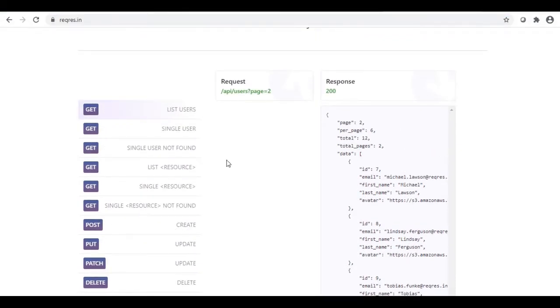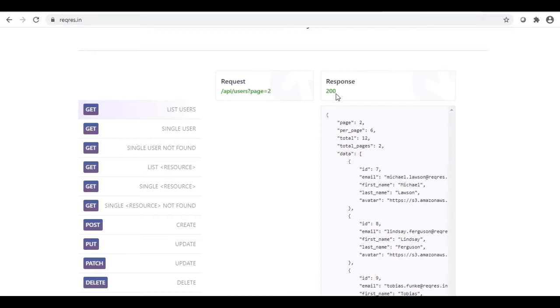For now, we are working on the get request, so I will click on this get, and this is about the list users. This request is listing the users, and the request URL is given over here.